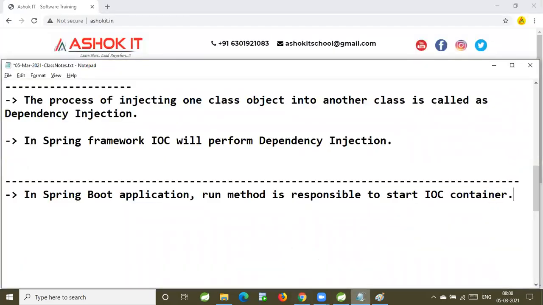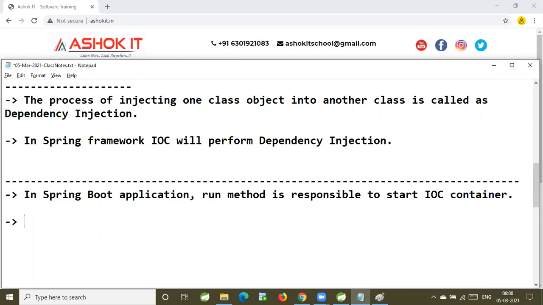We have done the code debugging and we understood what that run is. Okay, what is happening inside the run method? The run method is the bootstrapping method in Spring Boot that is responsible to start the IOC container.